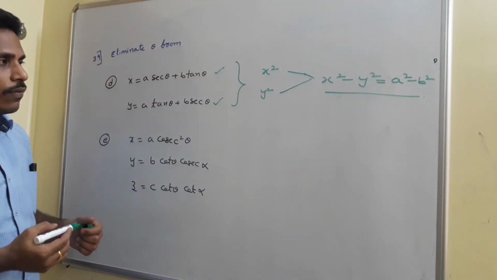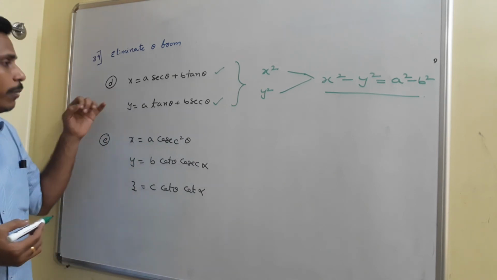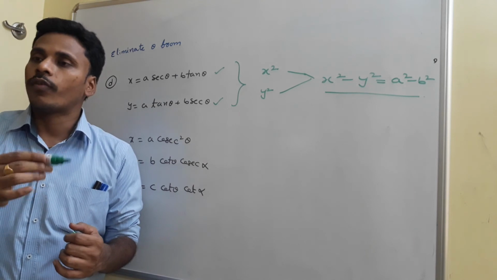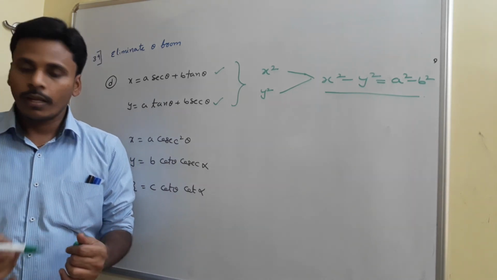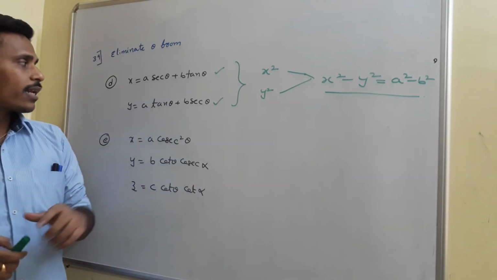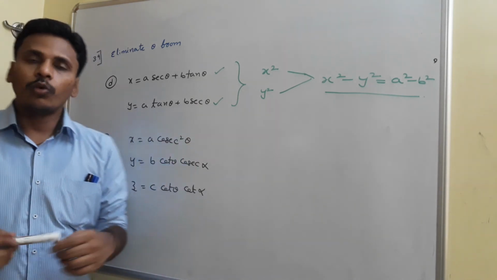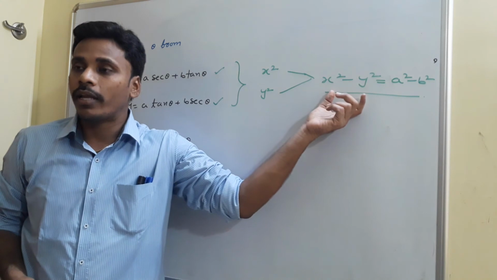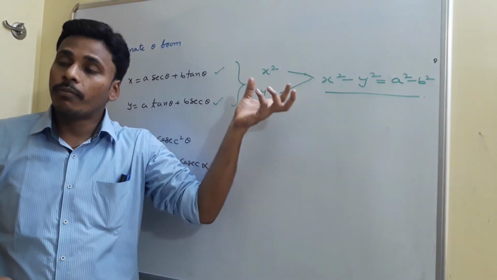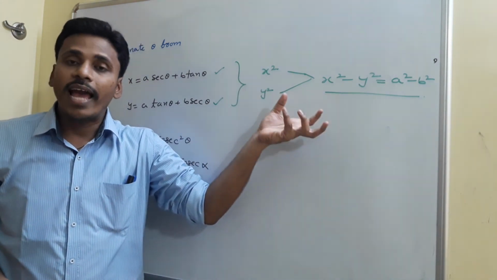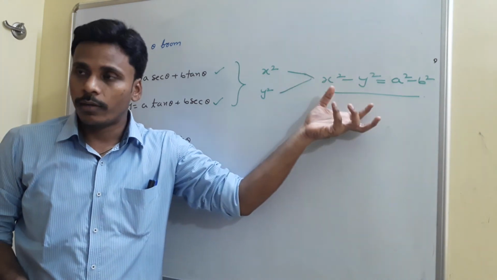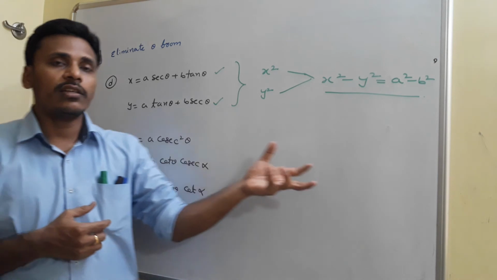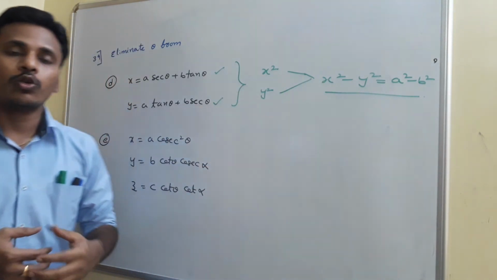Okay, I am not giving the complete solution for the D bit here. You just do the solution for the D bit yourself after the class. I am giving just the hint. Just like the A bit of 39, you need to square these two. After that, just calculate x square minus y square. For problem A of 39, we added x square and y square, but here you need to subtract. Just do it yourself, okay? This is just a hint. At the end, this is the relation you need to solve.